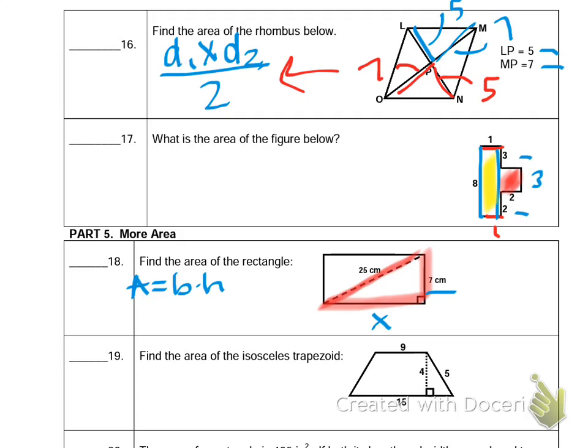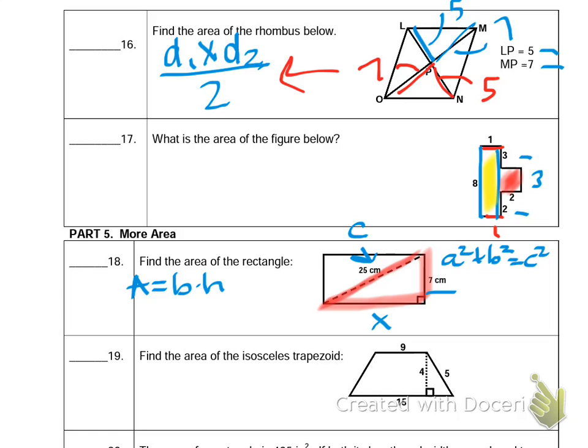So I'm going to use the Pythagorean theorem to find out what my base is. Pythagorean theorem, where c is 25. So a squared plus b squared equals c squared is going to be our Pythagorean theorem. After we find what x is, then we can plug it in for b in our formula and multiply it